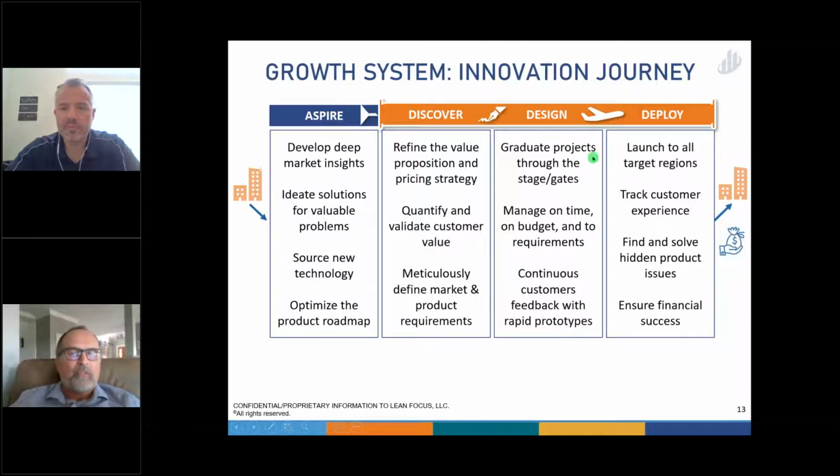Then we've got to move our projects through stage gates so that we're delivering value. Think about that value stream again. If you have a stage gate or a phase gate system, at each phase as you graduate through, the product has higher and higher value to the organization. It's getting closer to being launched. There's the hard work of just project management, and then how are we tracking the customer and their views of what we're doing as the project goes on?